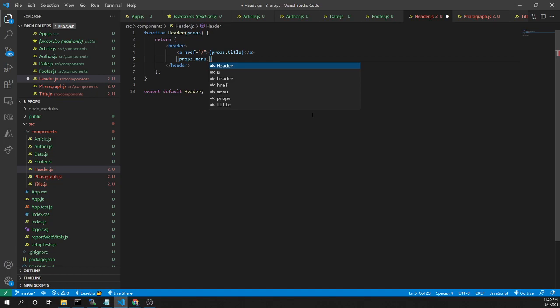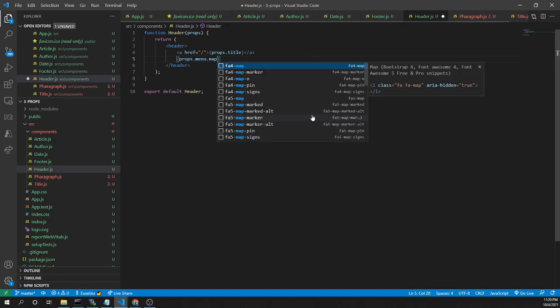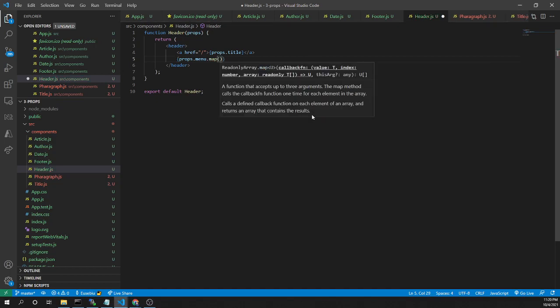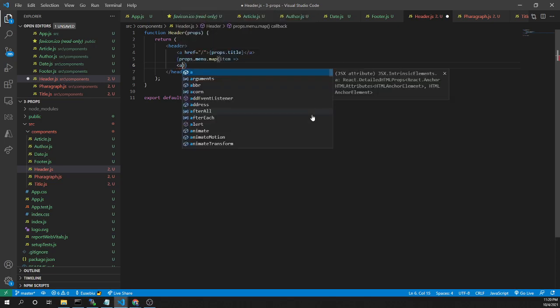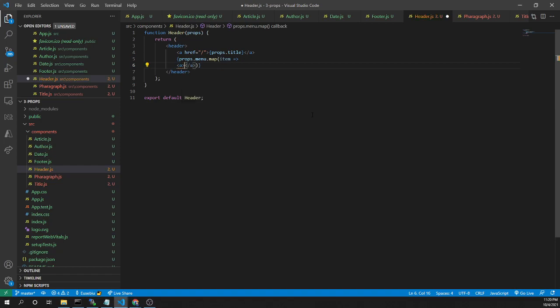So here I have props menu map, and the map function has a parameter here. Let's put the name item, and here let's put a link with the item text.